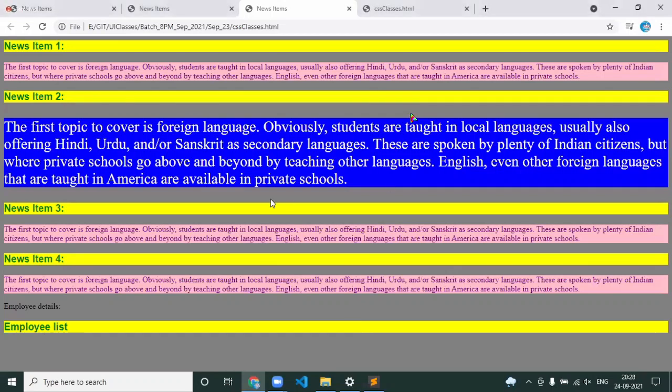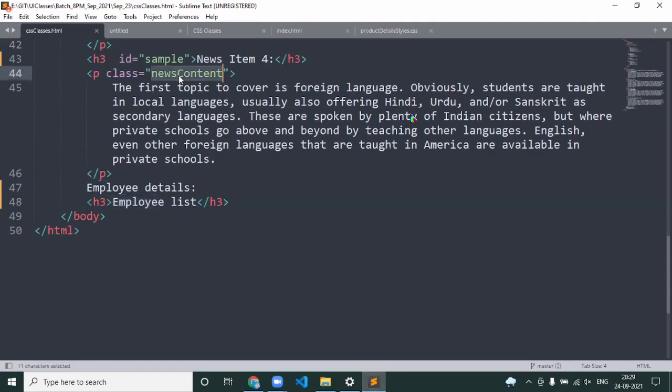Okay. So when I say class based, the advantage is once you define a class, anyone who wants it can use it, and he cannot say, why the hell are you getting these properties? If you don't want it, you don't use it. But in the case of a heading tag, it doesn't matter whether he uses it or not, he will automatically get the properties. In a class there is no option like that. If you want it, then only we put it. For example, I'm using the news content class. Now you cannot come and say, boss, why are those properties coming? Ma'am, if you don't want it, you don't use it. But that is not the case with tag based.